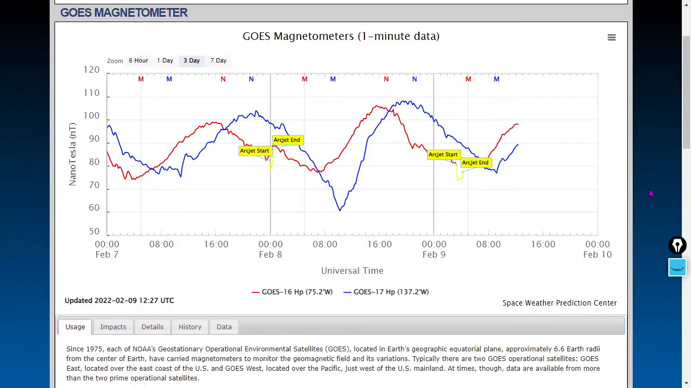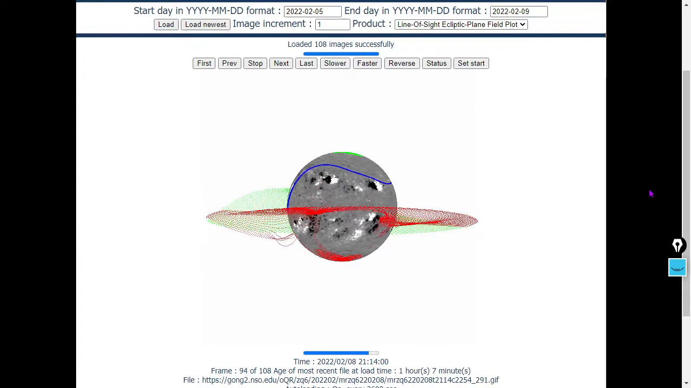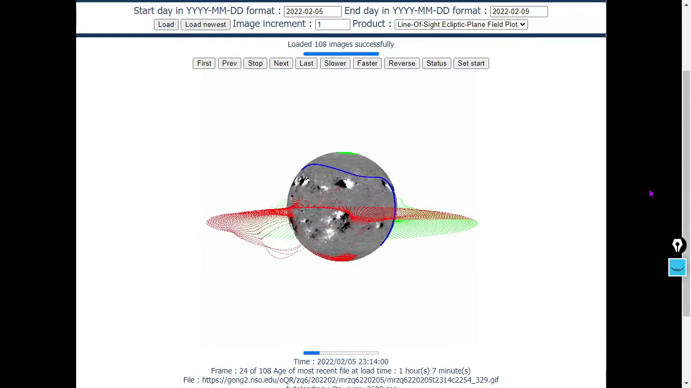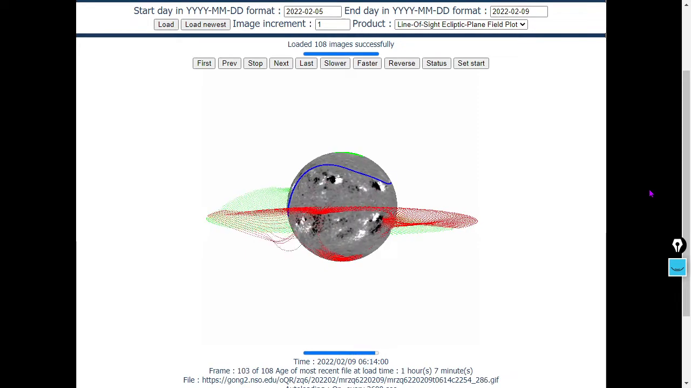And here's the GOES magnetometer readings over the past 3 days. Fairly smooth readings there as we've seen the coronal hole high-speed stream subside. We'll get to that in a moment. First, the line of sight ecliptic plane field plot. This is basically the same as 2 frames ago, except now we're showing the line of sight view and the